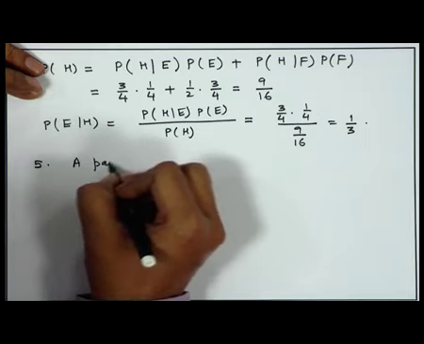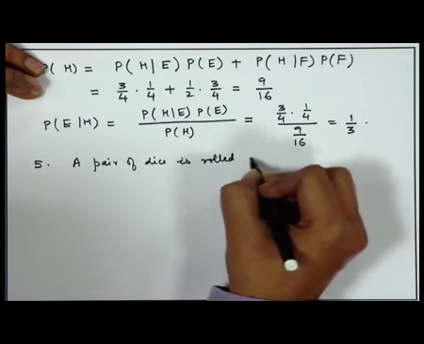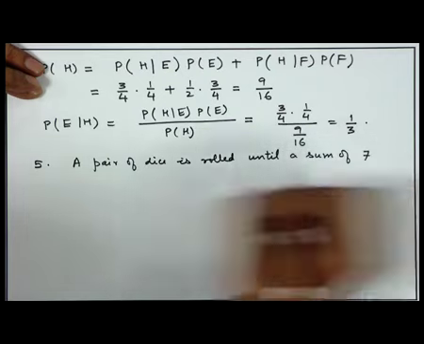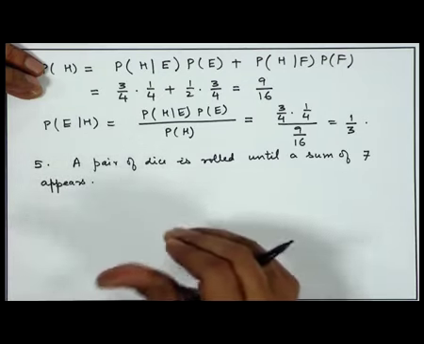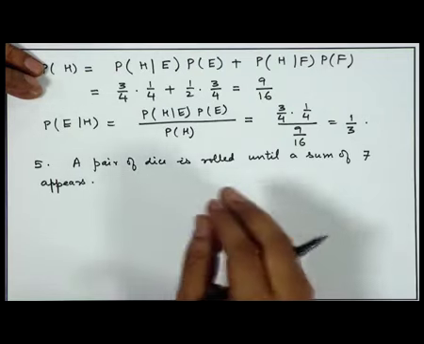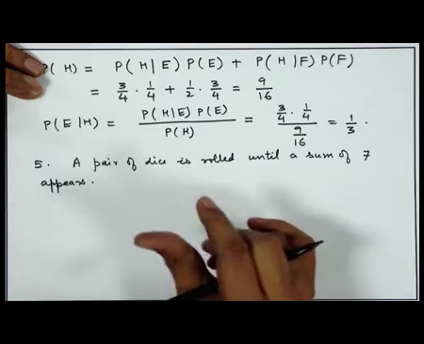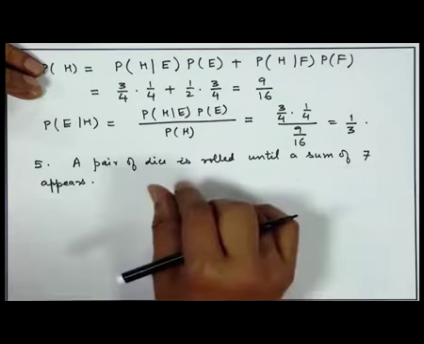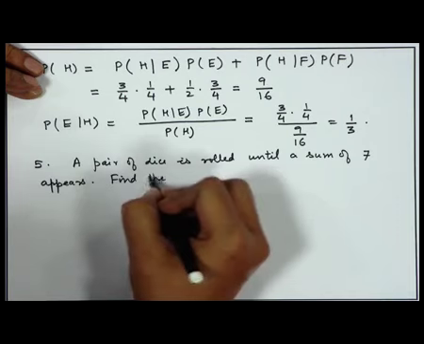A pair of dice is rolled until a sum of 7 appears. So, if the dice are tossed, then both the dice have some upper face value, say 2 and 3, 3 and 4, 3 and 3, 4 and 2 etcetera. So, we look at the sum. That sum is recorded. When the sum 7 is observed, then we stop. So, we want to find the probability